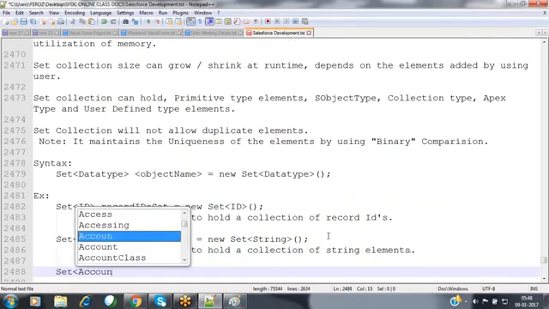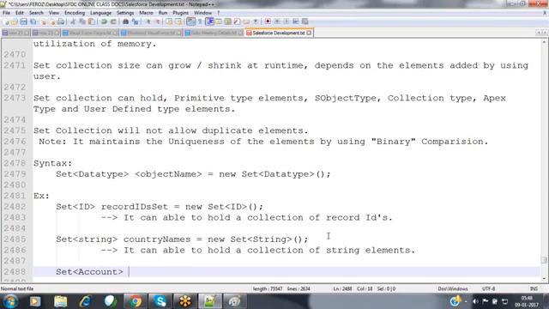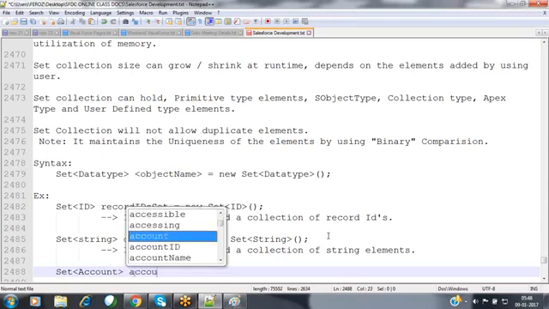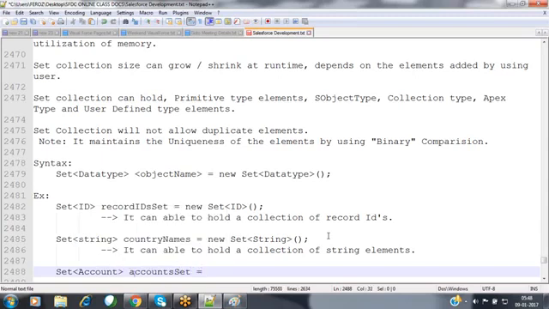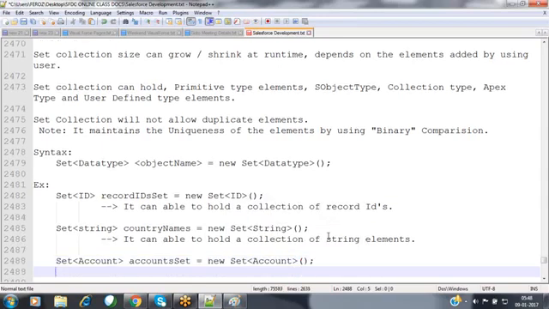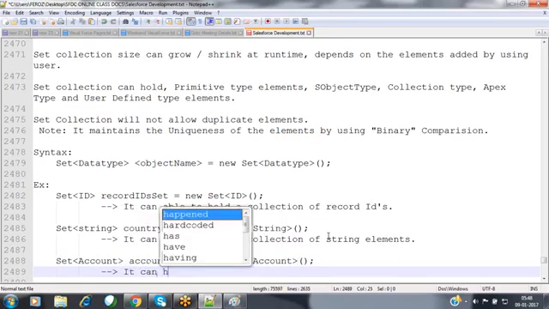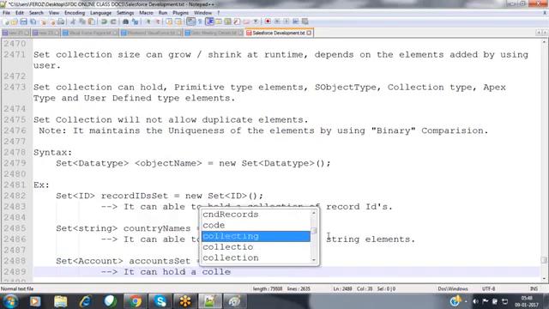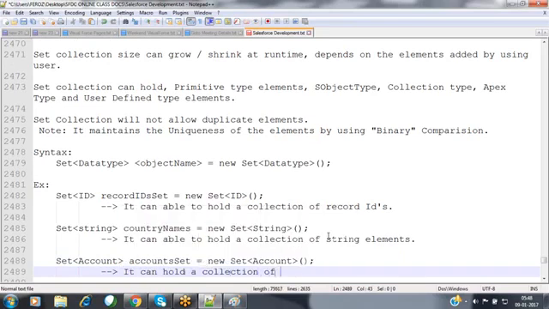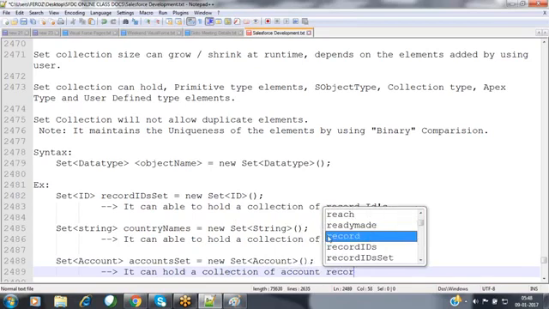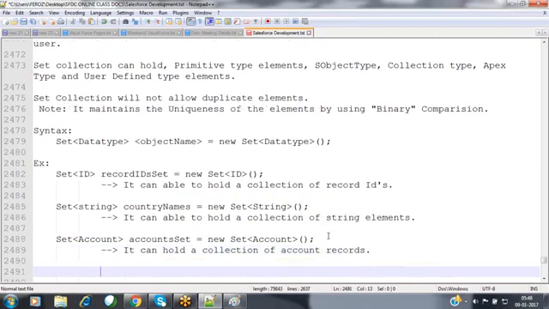Set of Account: accounts set equals new Set of Account. Only account records we can insert. It can hold a collection of account records, nothing but each and every element is an account record here.